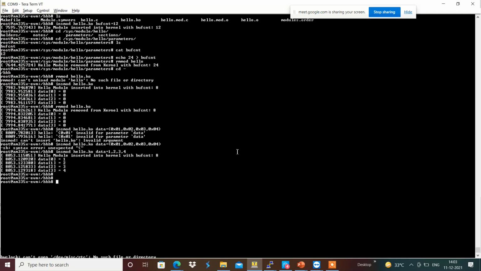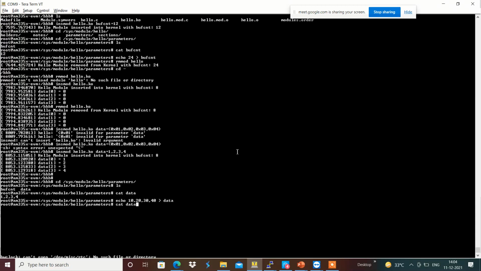If we wanted to change that, in a similar way to how we did it for a variable, we can also change it with the help of sys module hello parameters. We will have cat data, which is something like 1 2 3 4, and maybe we can load 10, 20, 30, 40 into the data.